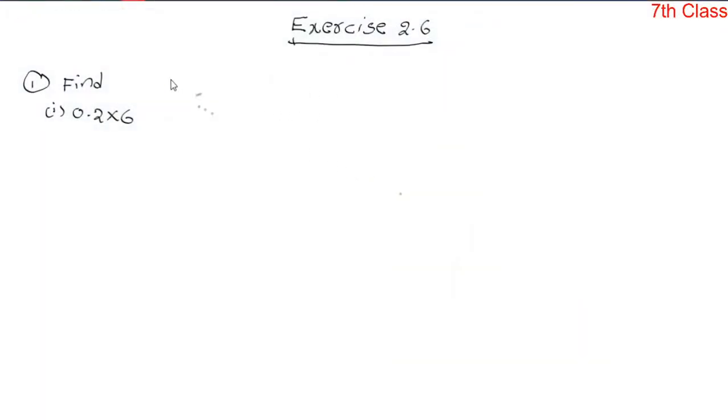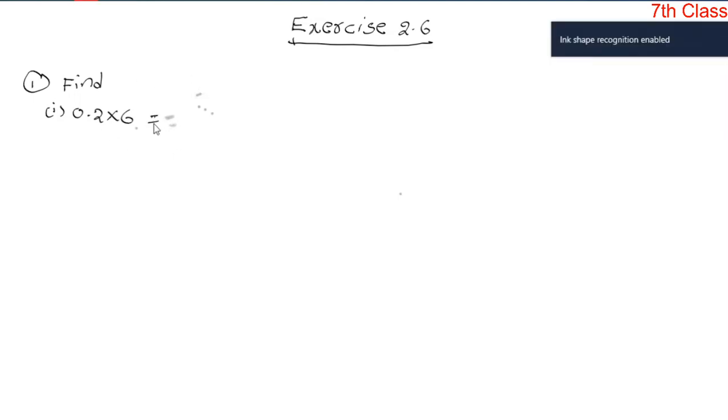In the previous video, we learned how to multiply a decimal number by a decimal number, and a decimal number by 10, 100, 1000, etc. Now we'll start Exercise 2.6 based on this. The first one is to find 0.2 into 6, which is equal to, so as we know that